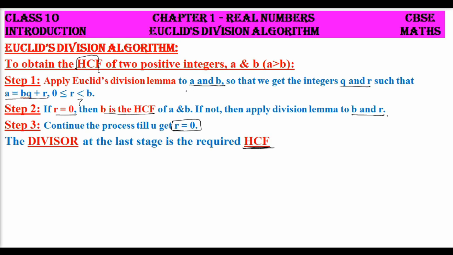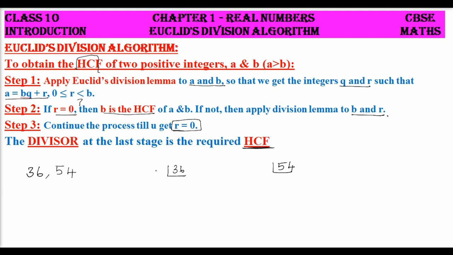Okay, before going into detail about Euclid's division algorithm, let us first have a small recap of what HCF is and what are the several methods we applied in our lower grades to find the HCF of two numbers. Suppose our teacher gave us two numbers, 36 and 54, and asked us to calculate the HCF. What might we have done? We might have factorized 36 and 54 into prime numbers, isn't it? As a product of prime numbers.